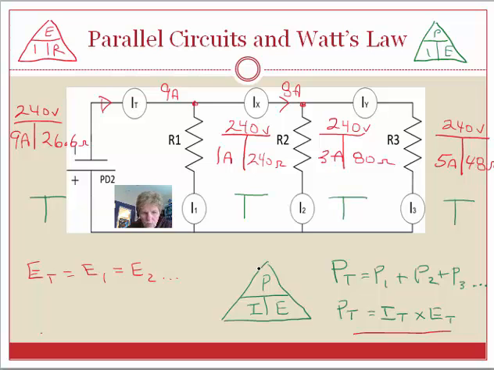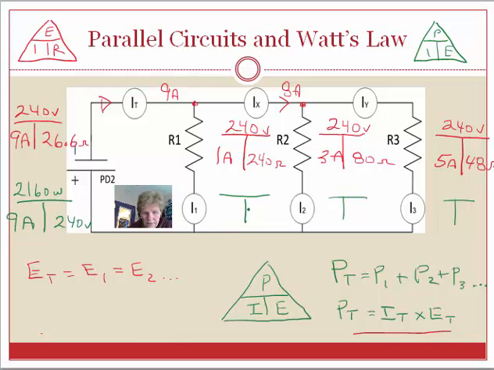Next I'm going to solve for Watt's law, so I'm going to use either one of the Watt's laws to help me out here. From my Ohm's law T's, I can carry down some information. Remember, Watt's law was P equals I times E. Now I can solve for Watt's law. I have the green T's here, and I'm going to use the formulas for Watt's law. If you notice, P equals I times E, I can take the values from my totals. 240 volts is my E total, and 9 amps was my I total. 9 times 240 will give me